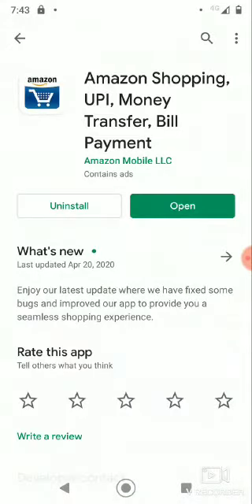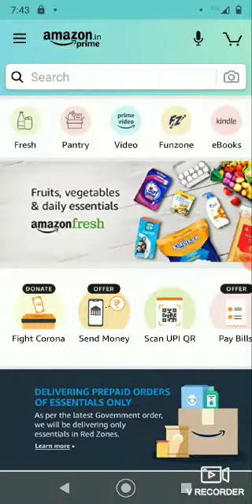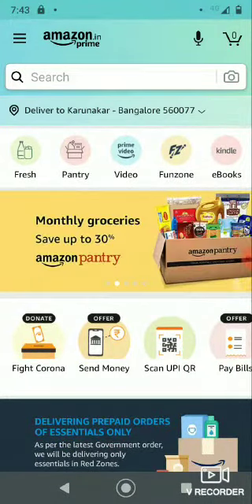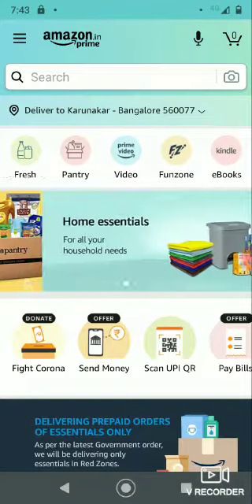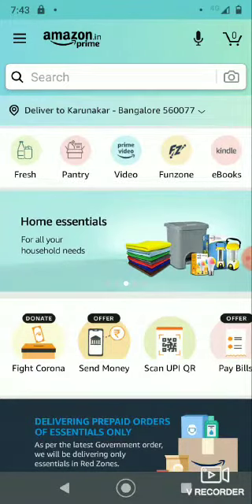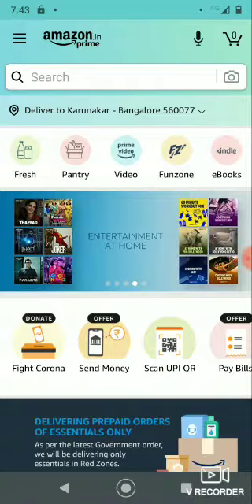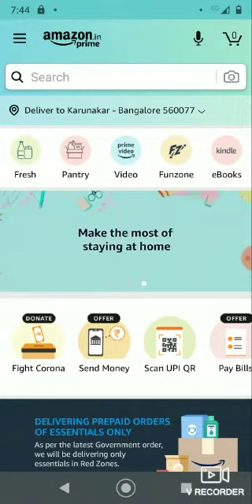It will also ask you to download. After downloading it, you should open it. Before ordering or buying any groceries here, first of all you have to register with your mobile number and also with your name. So here we need only two options in this, that is fresh and pantry.